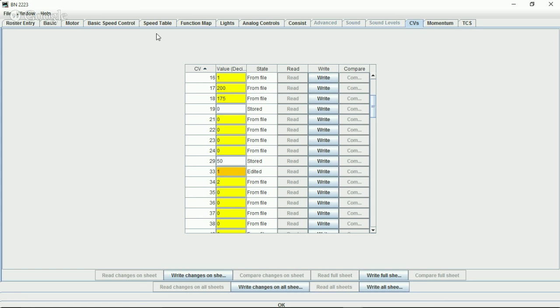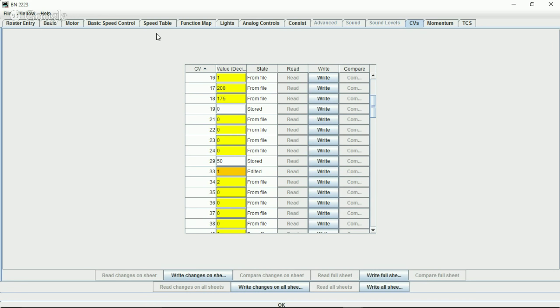So needless to say, your sound decoders have a whole lot more CVs than a non-sound decoder, and even from one brand to the next, from NCE to TCS or to Digitrax. Even in your basic decoders, the functions are all different, and how they program the CVs can even be different. Even though the results look the same when you run your train,